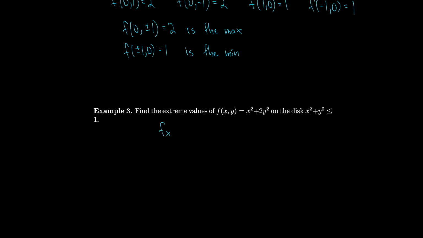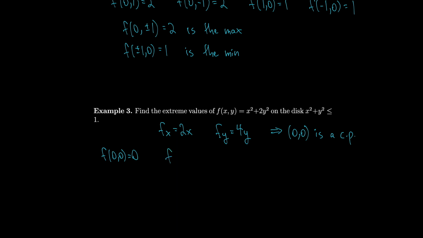So let's look at the partial with respect to x. Notice that's 2x. And the partial with respect to y is 4y. So those guys are 0 when x and y are 0. So that means that (0, 0) is the only critical point. Okay, so that means that we have our 4 points from before, and we have one additional point, f of (0, 0),